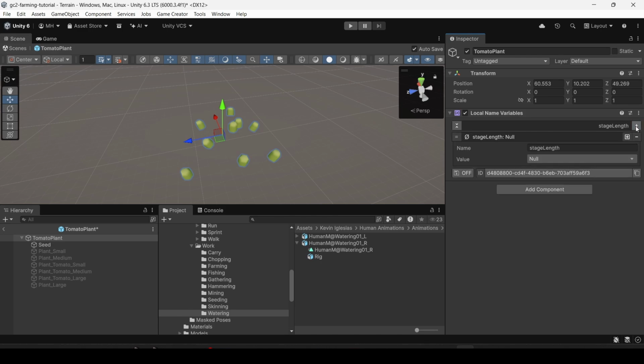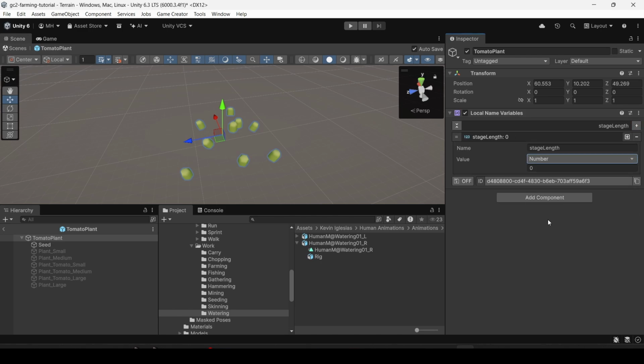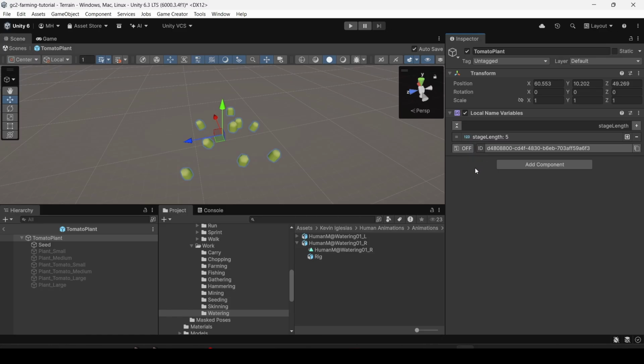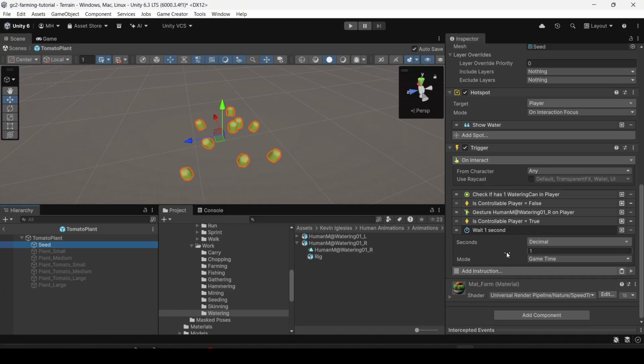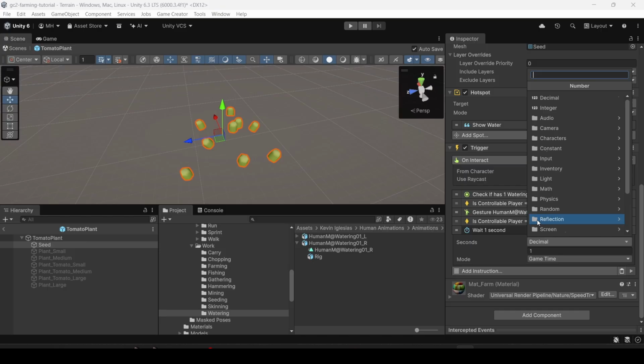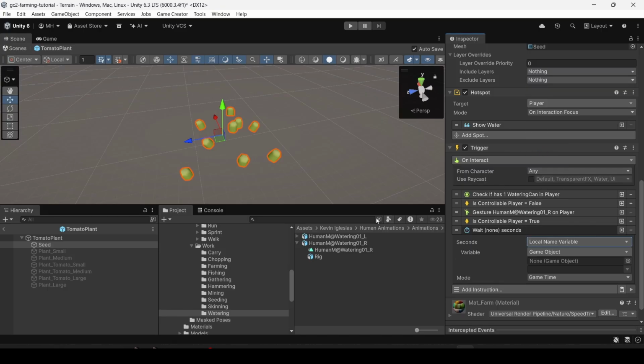So we will create a variable with a number, and we're going to give it, say, 5 seconds. Represent 5-second stages. So then all we got to do is wait that number,